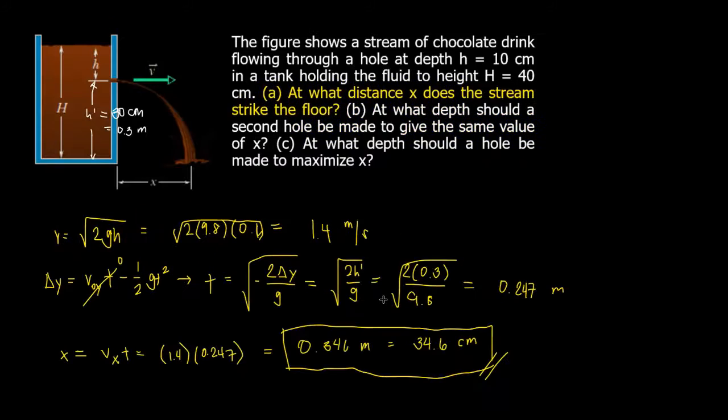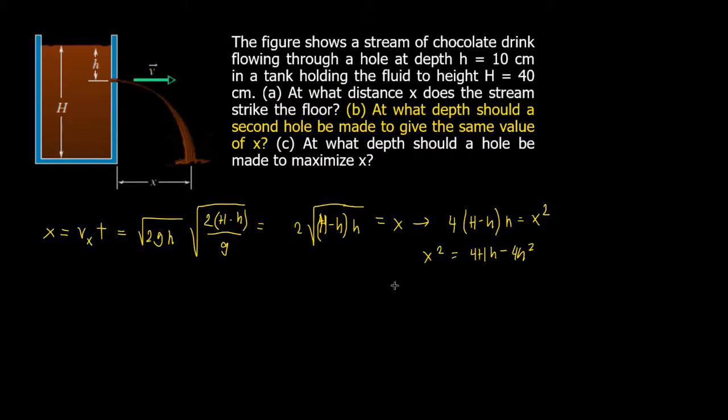That is 0.346 meters quantity squared equals 4 times 0.4 as our big H times h minus 4 times h squared. For small h, you can solve that yourselves using the quadratic equation. We have two values. This is 0.0996